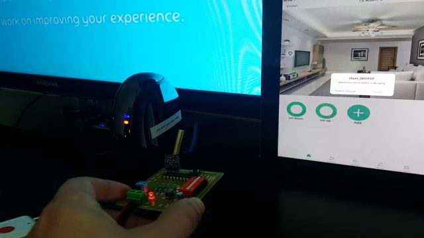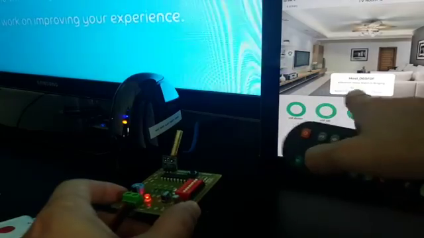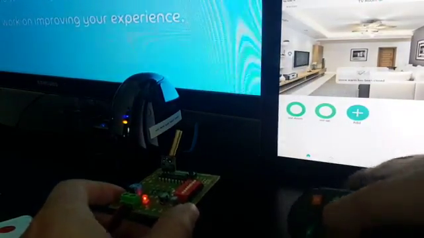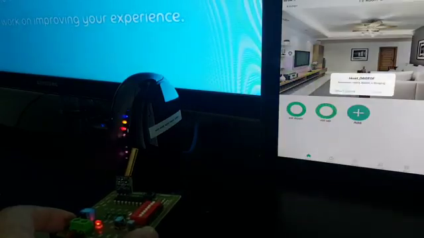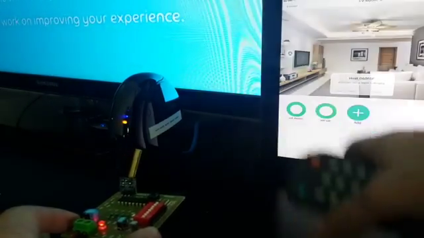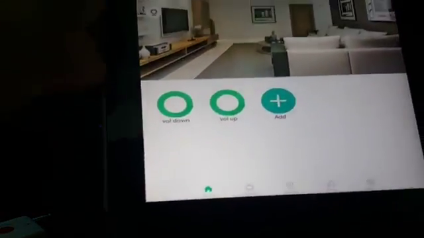Again, digit 1. As you can see, it is responding. As you can see here, it is